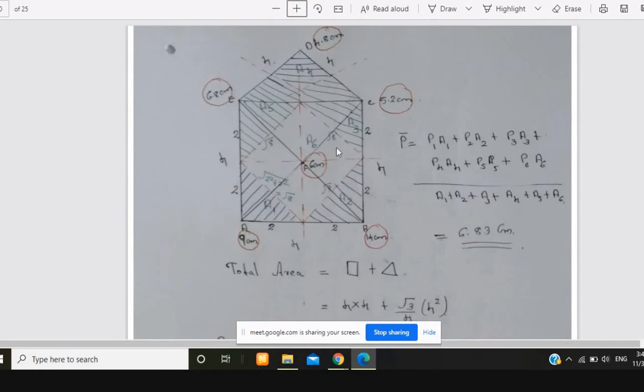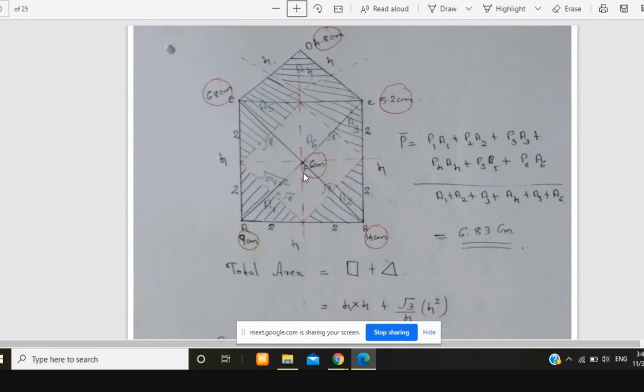The remaining one is A6. We know that we have considered this one as a right angle triangle. So for the hypotenuse, base square plus altitude square will give the hypotenuse square. So root of 2 square plus 2 square, that is root 8. We will be obtaining the side as root 8. The figure which we have obtained is a square. So root 8 into root 8, the area of the square is obtained, that is 8 kilometer square. So A6 will be 8 kilometer square.